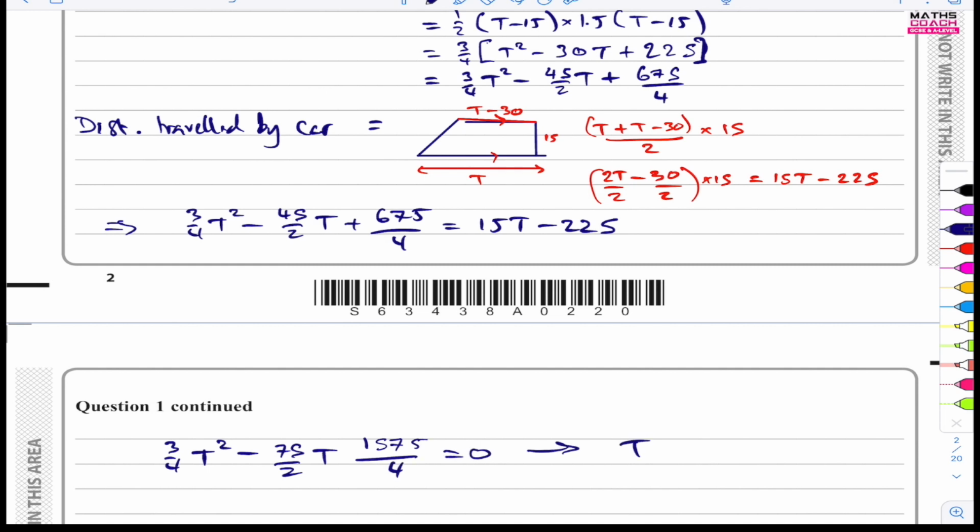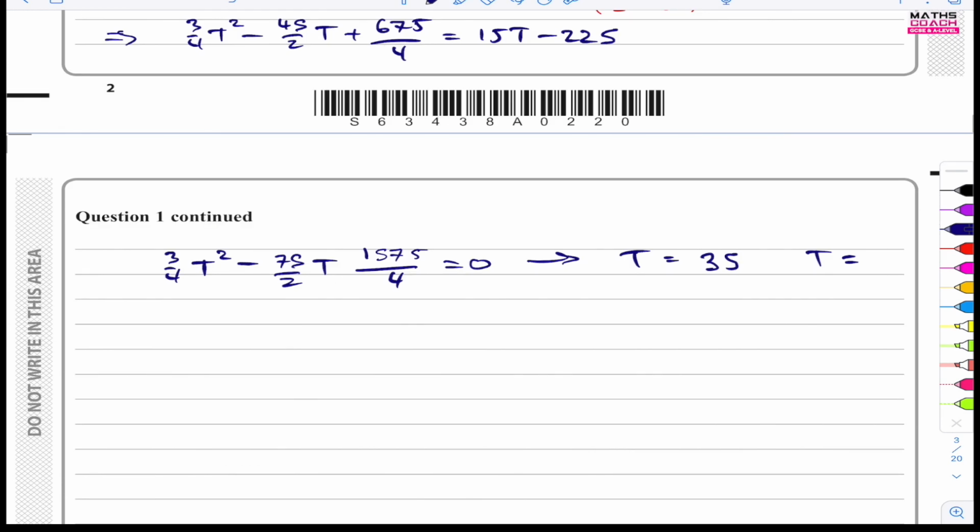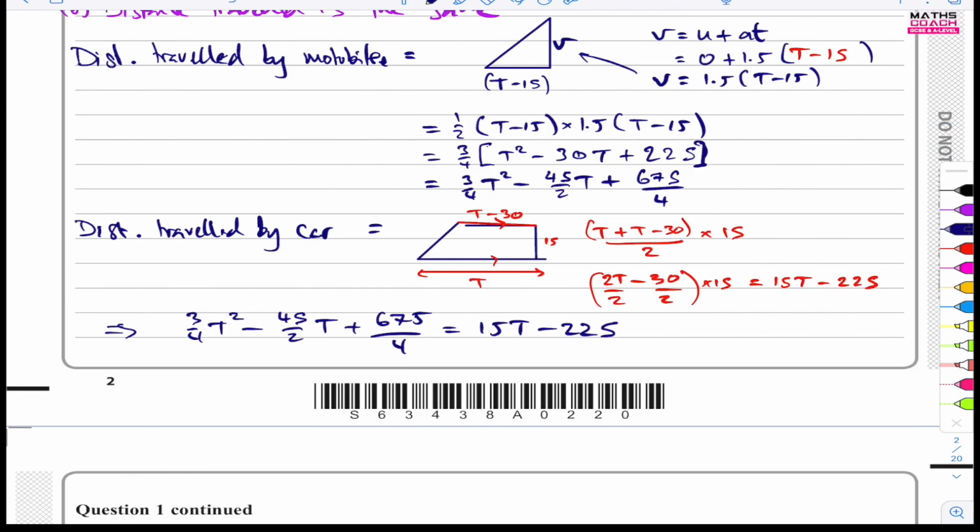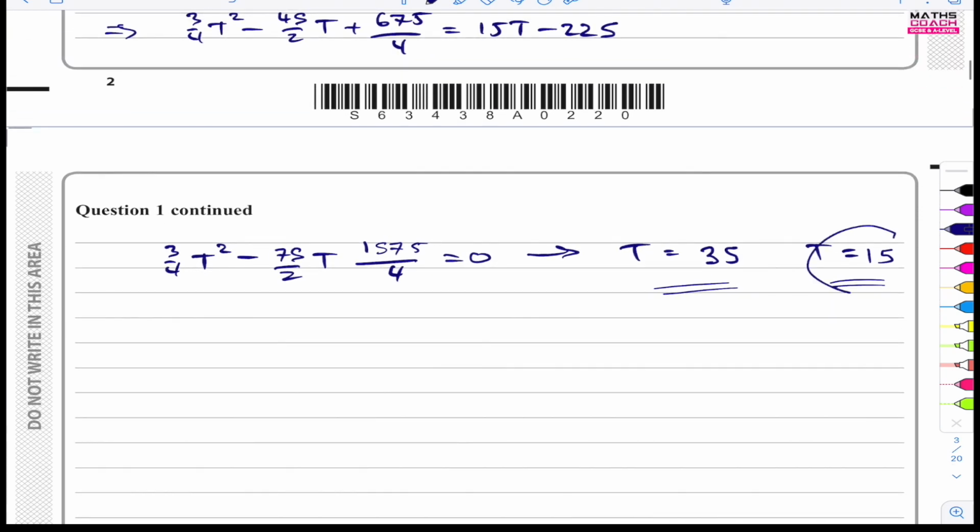If we put that into our quadratic formula or the calculator, can we work out the solutions to this quadratic? And the other one is 15. So both of them are positive. Well, what happens at t equals 15? We start off at t equals 15, the clock time on the car. So at t equals 15, they start off at that time. The next time they're together is 35 seconds later. So the answer therefore is